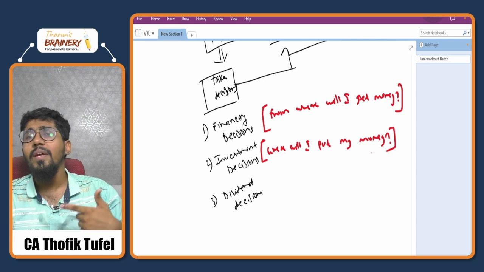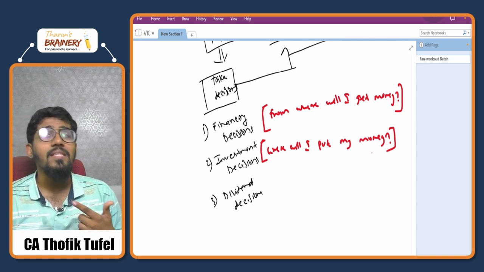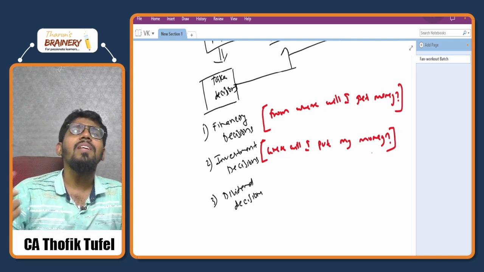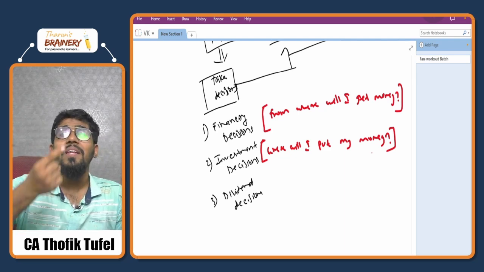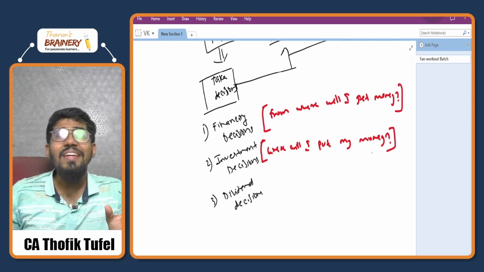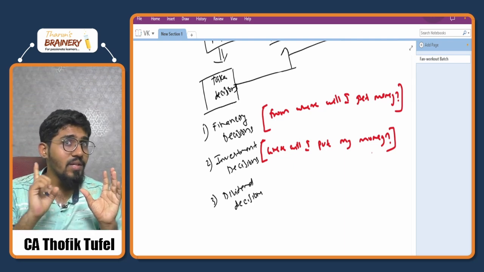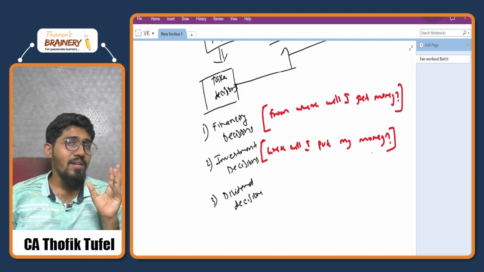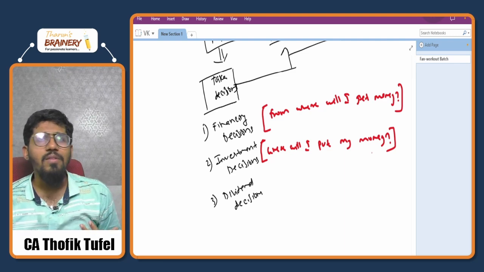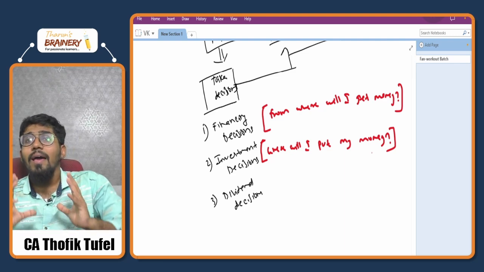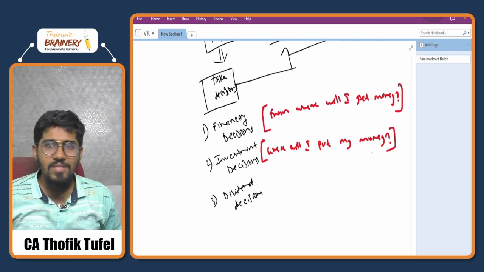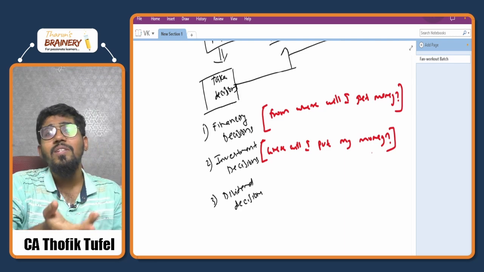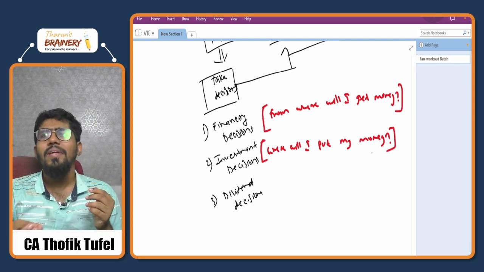Now, once the business is operating, my expectation will be to generate sales and to generate profit out of it. So the next decision is, whatever profit is generated from the investment, should I reinvest the profit again or should I take it home? If you're doing a business, there are two choices in front of you. Either you can reinvest the return directly into the business. So 100 rupees invested, 10 rupees is the profit. Reinvest the 10 rupees and next time earn profit on 110 rupees. Or you take the 10 rupees.